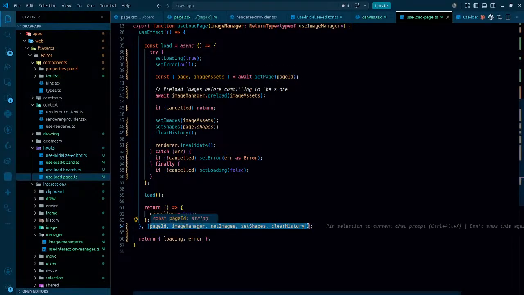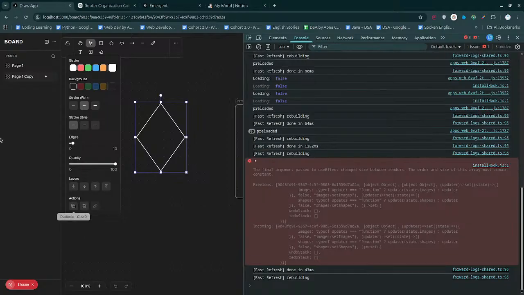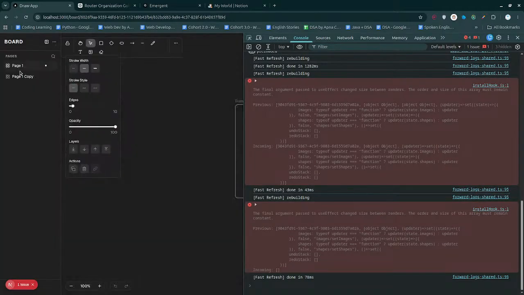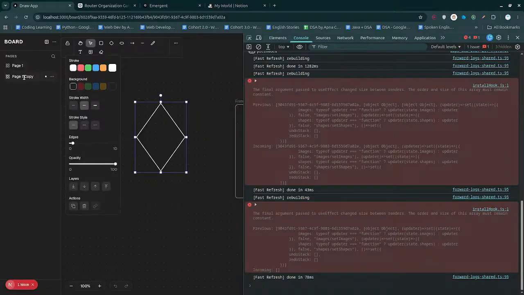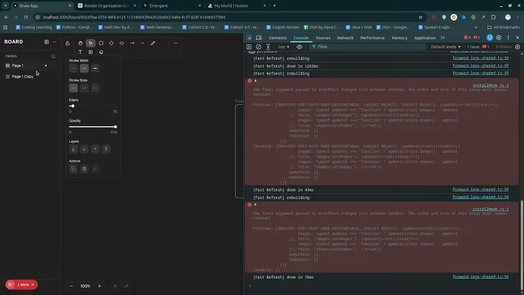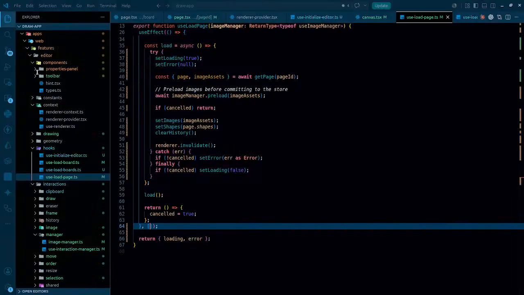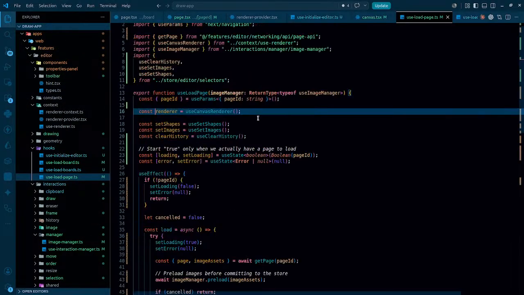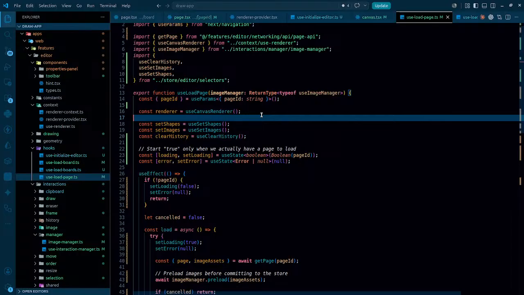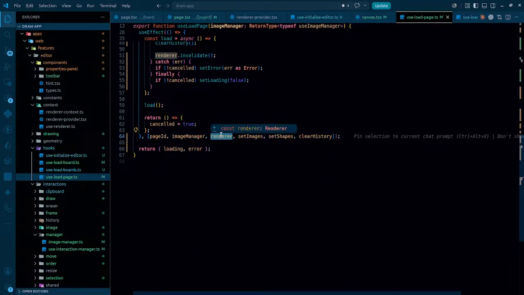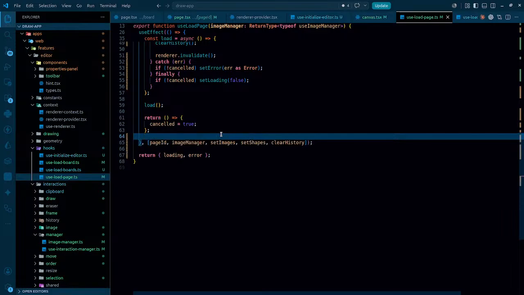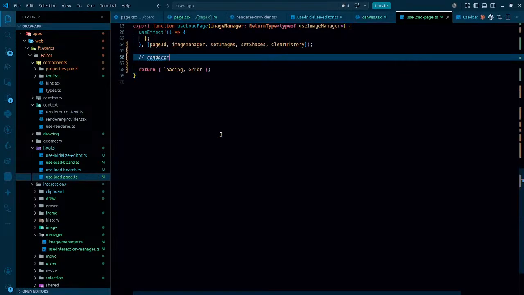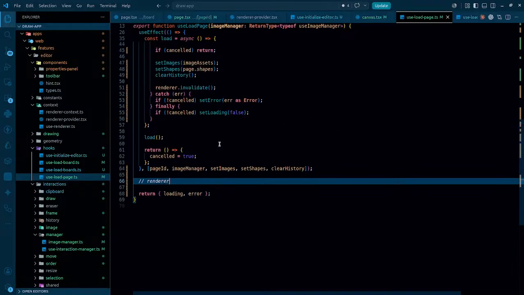If I remove everything from here, loading board. So we are loading the board for some reason. I can remove the renderer for now right here. The remaining things are fine,